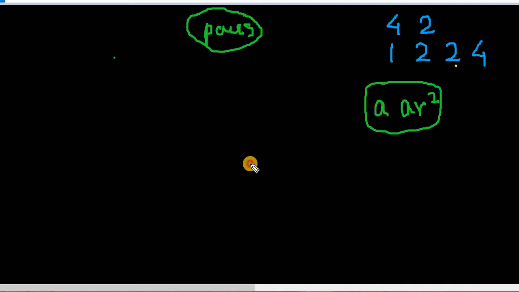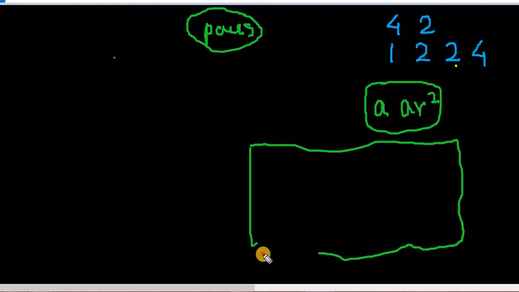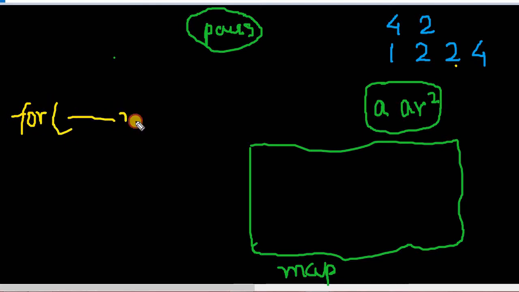So what we can do is we'll create a container. Let's say this is a container, and call it a map. So what I'll be doing is I'll take a for loop. Only one for loop is needed for this, and this is for traversal to the end. So let me write down the elements that are present which we would be traversing. So what we are finding here is whether the A and AR square term is present or not. So we are just finding if pairs are present.